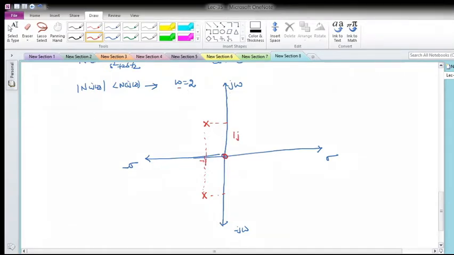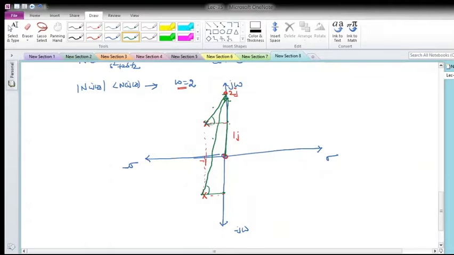Now I have to evaluate the magnitude and phase at frequency omega equal to 2, so it is 2j. What is the process? Let us draw the vector from all poles and zeros to the frequency of interest. So I have drawn this. This is one vector, this will be another vector, and this is one more vector, from the zero. So this is one angle, this will be the second angle, and this will be one more angle. Now I have to obtain how much is each magnitude.